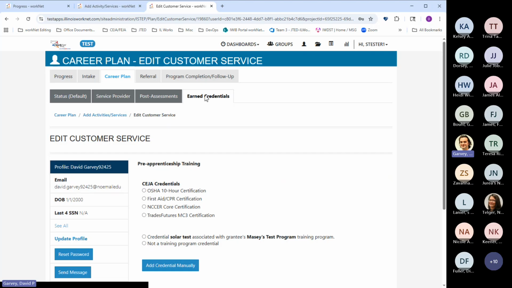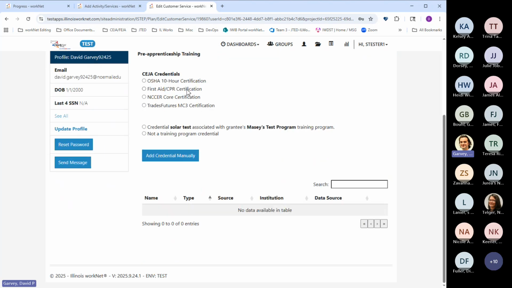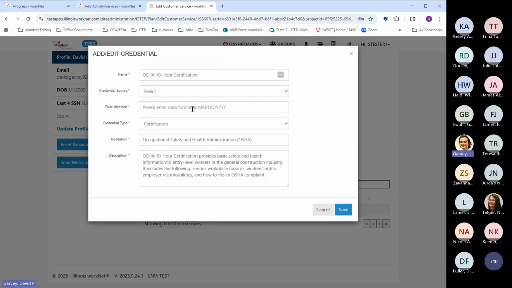But then also with the training services, we have the earn credentials tab. And so we have these CEJA credentials hard coded into the system that you can select. We select that. We have a lot of these fields pre-populated for name, credential type, institution, and description, which can be edited accordingly. But then we just need to enter in the credential source from the list of drop-downs here.